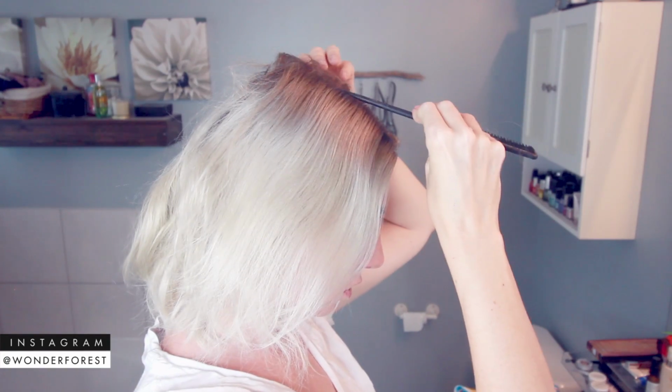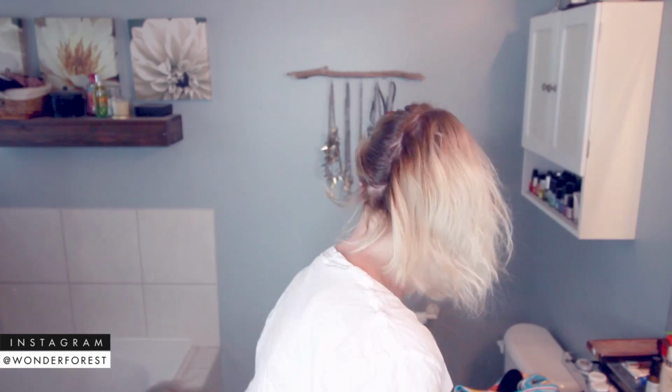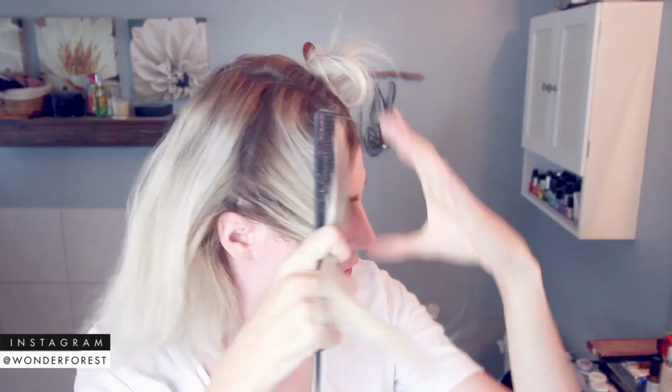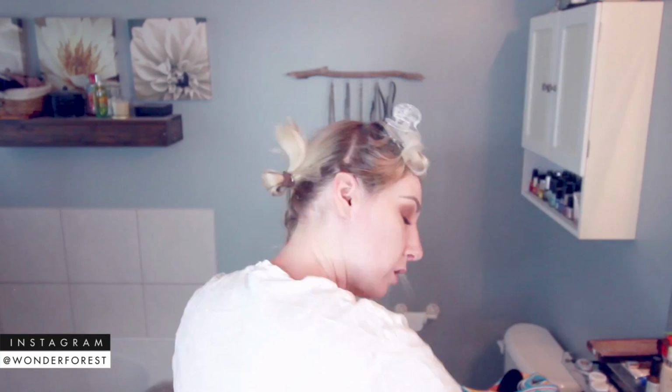If you don't feel comfortable working on your own hair, please go to a salon and get a professional to do it for you. I am not a professional and I can only show you what works for me and my hair. So I'm starting with hair that hasn't been washed in 2 days. It's always a good idea to let the oils build up in your hair before lightening to help protect your